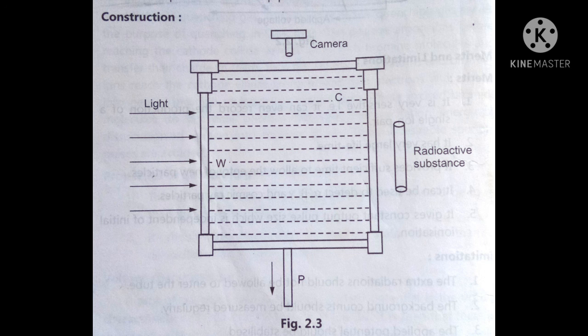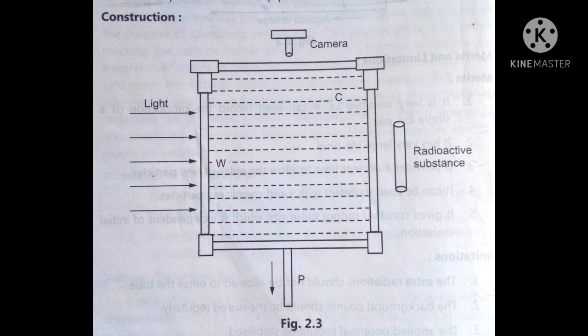If, however, ions are present in the chamber due to some ionizing radiations like alpha or beta particles, they serve as nuclei for condensation and vapor is condensed on the ions. Hence, the trace or path of the particle becomes visible. Thus, the presence of alpha particles or beta particles can be detected. So this is the simple principle of the Wilson cloud chamber.